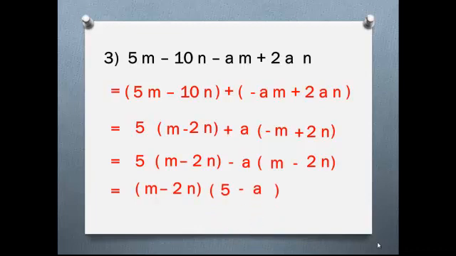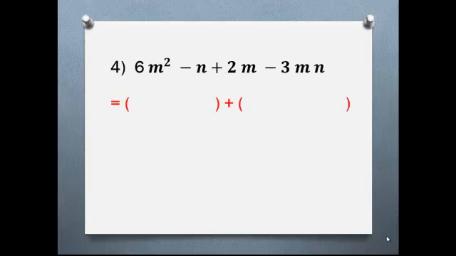Number 4, 6m power 2 minus n plus 2m minus 3mn. 4 terms, so 2 groups. In this problem, negative n can't be taken with any term except negative 3mn, because the common factor between them is negative n. So the first group is 6m power 2 plus 2m, and the second group is negative n